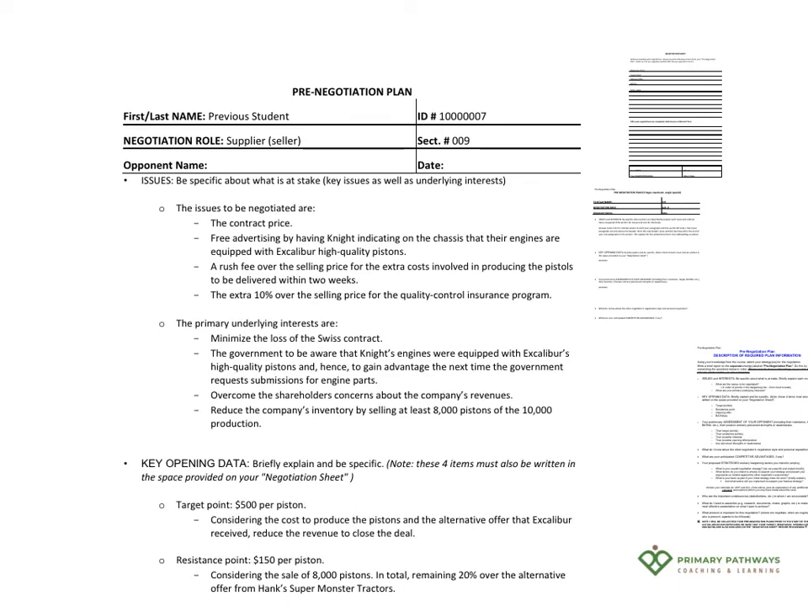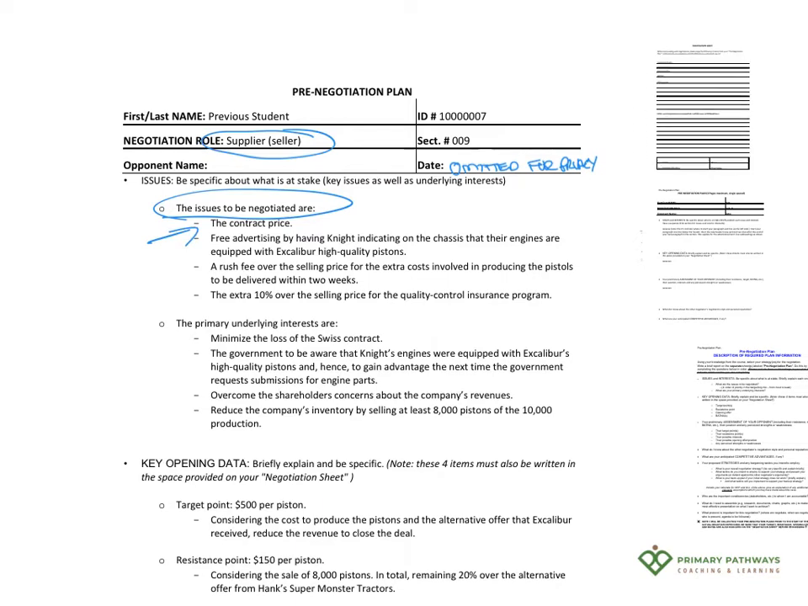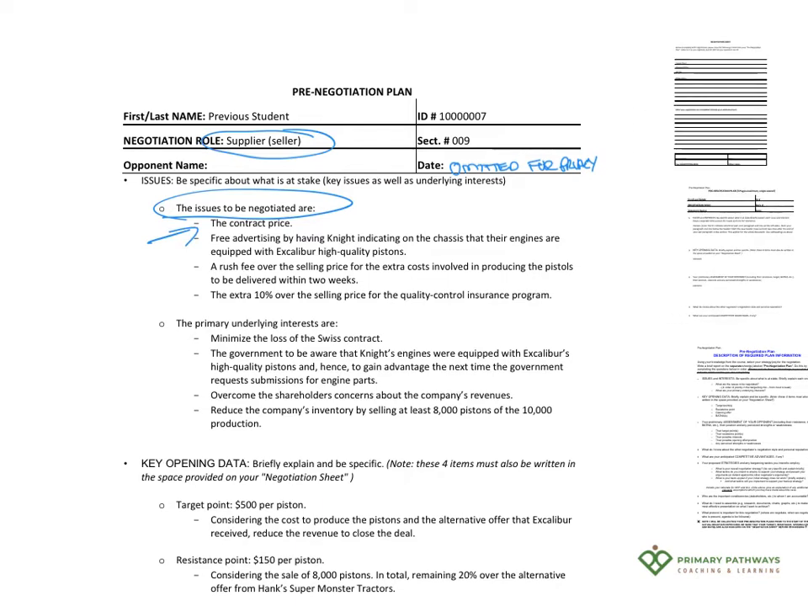In this case, the student was a seller for a company producing pistons that they sold to an engine manufacturer. We left out the date here because it wasn't relevant to the tutorial. And so let's take a look at the issues and how she articulated them. The first is the contract price, and this specific language was taken right from the case, so no other explanation was needed. And this is because she detailed the rest of the issues really clearly, and this is something that